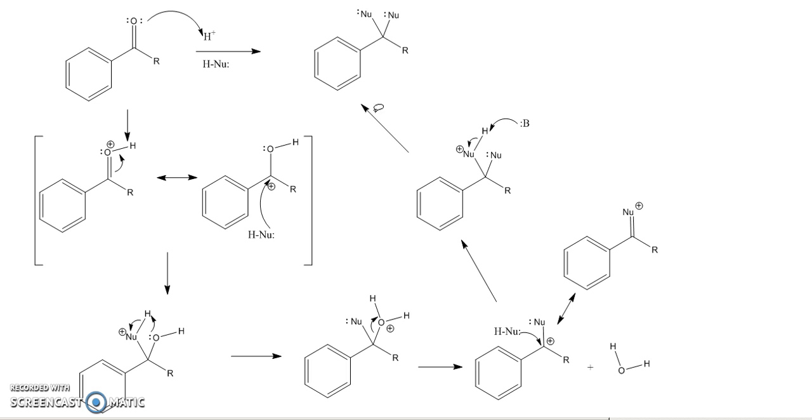I also want to look at how what we've been talking about can be used to explain a slightly different mechanism. In this case, I'm going to replace my R with an OH, and I'm going to make my nucleophile methanol again. And everything's going to be the same in my mechanism up to right at this point where I have this resonance structure. But instead of having another nucleophile come and attack my carbocation, I'm actually going to draw a third resonance structure of this molecule where the lone pairs on this oxygen come down and help stabilize this positive charge,